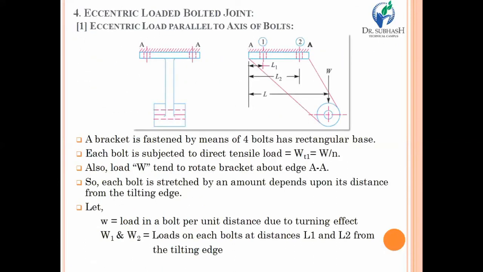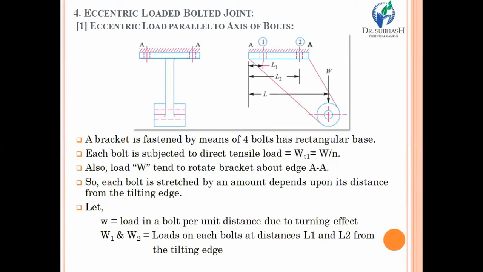Topic number 4. Now we are coming across the real or practical application of what we design as bolts or bolted joints. That is point number 4, and it is an eccentric loaded bolted joint. It is never possible that in a specific application of any threaded joint, the axis of the bolt is always collinear with the axis of the mating parts. In some practical instances, you will find that the two axes have some specific relation: either one axis is perpendicular to the other axis, or both are coaxial, or both have an inclination relation.